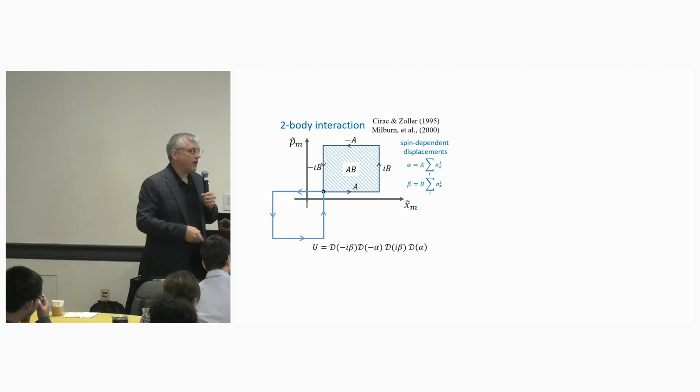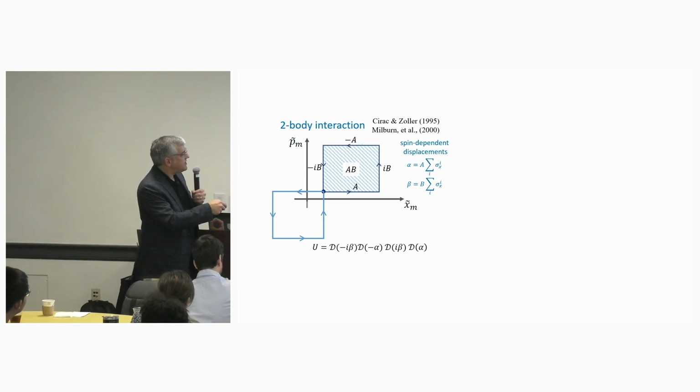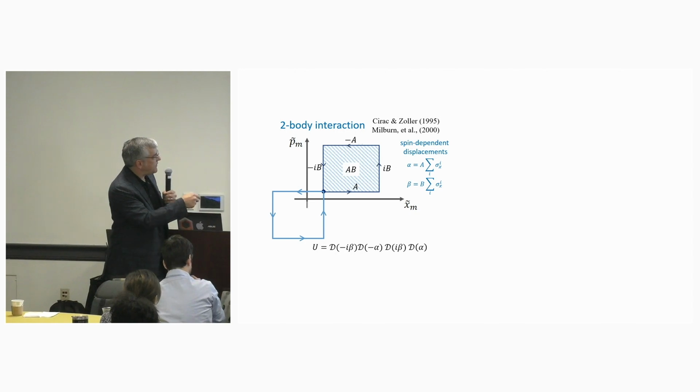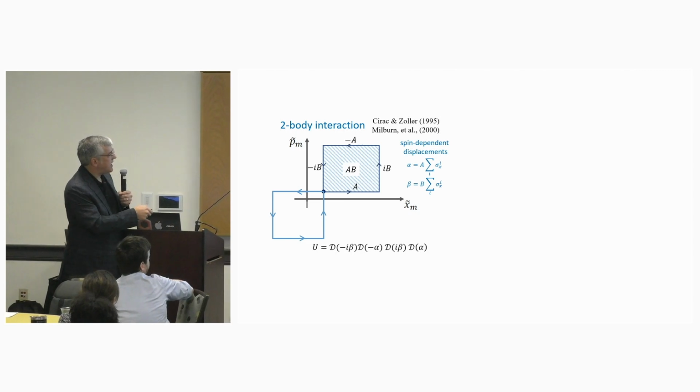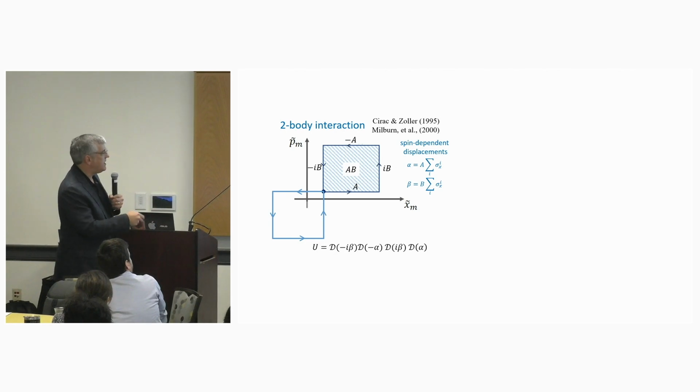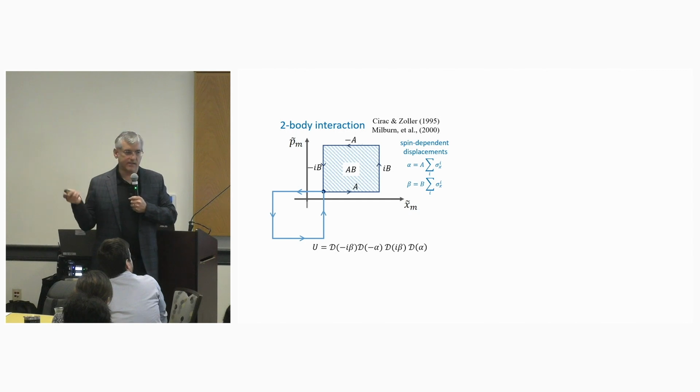So let's look at, you might remember I mentioned Milburn as an alternative to Molmer-Sorensen. In Milburn's version of the spin-dependent force, these are resonant sideband operations, spin-dependent. So in one mode of phase space, x p, we start here, and the state spin up x goes that way, the state spin down x goes that way. So it's an opposite displacement depending on the state. And then we change the phase of the displacement in the rotating frame of the motion. So instead of having a detuned force, which would give circles in phase space, we have these squares. And so in the Milburn version of the Molmer-Sorensen gate, we basically enclose these loops in phase space in a spin-dependent way, and the area of those loops gives rise to the phase that gives you